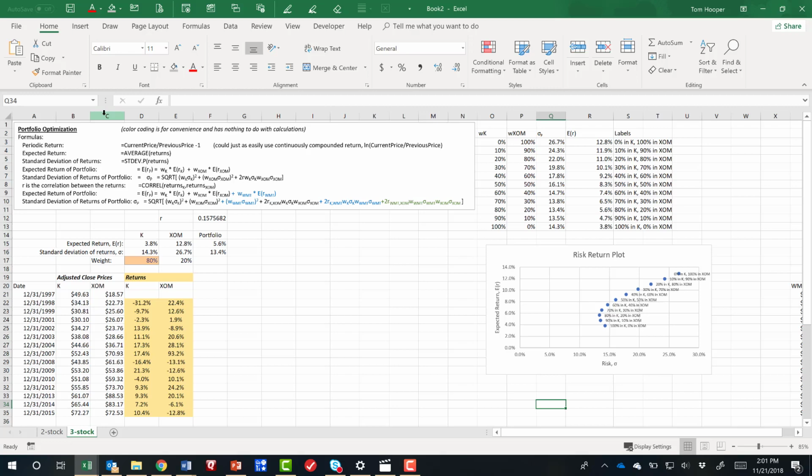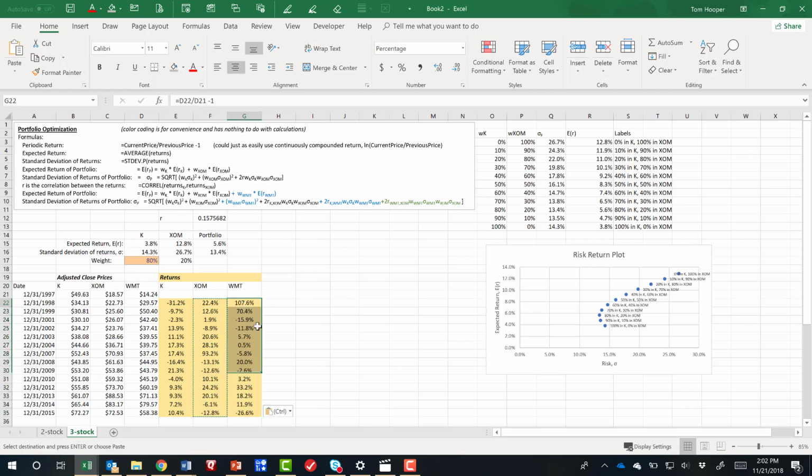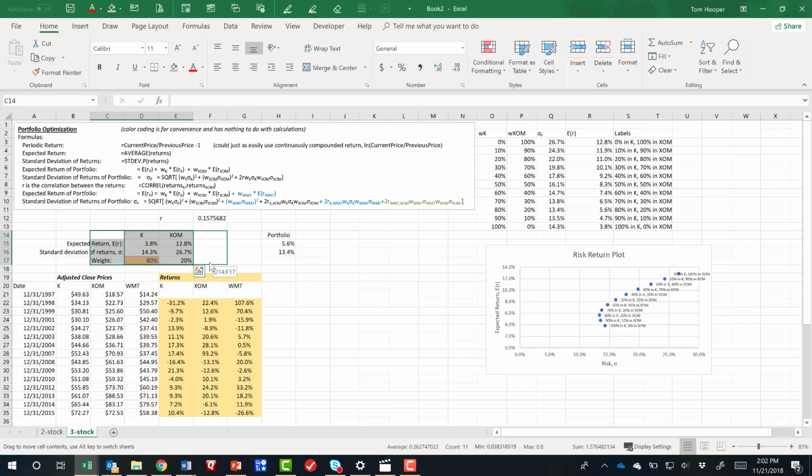I'm going to insert a column to put that third stock's prices. I'll just insert a few cells here. And now we'll calculate the returns for the new stock. Check our math. Going to move the portfolio expected return and standard deviation out of the way. Line up the old stocks and add the new stock